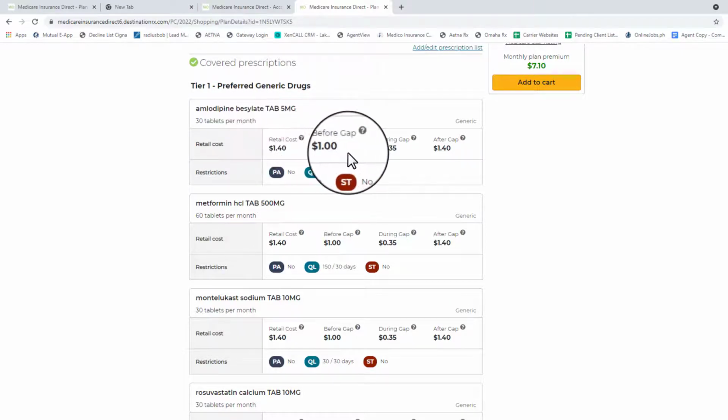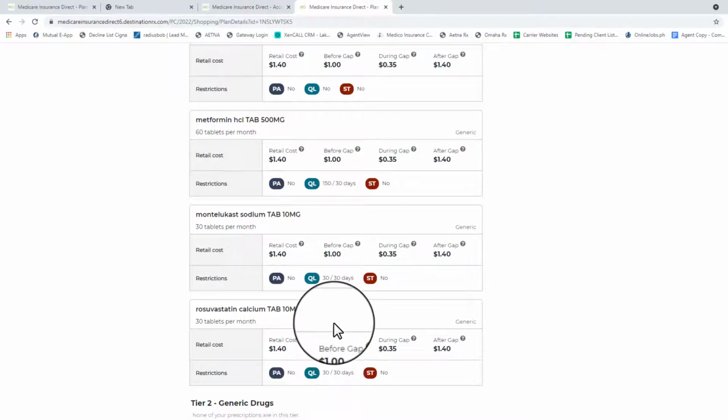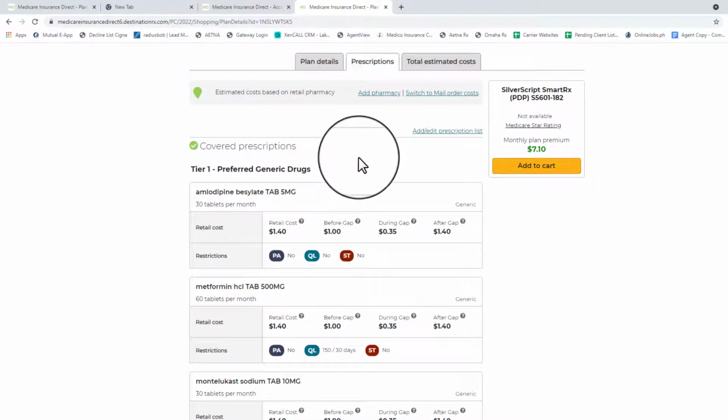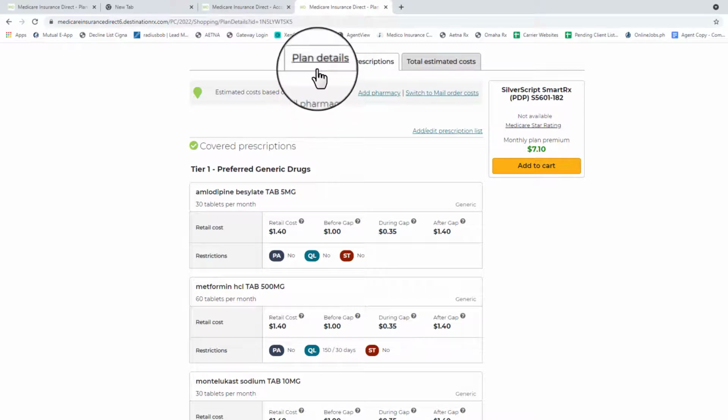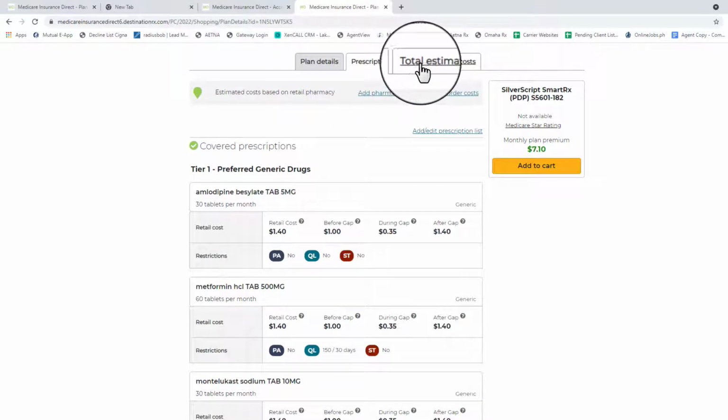So if you're doing a 90-day order, obviously this times 3 would be the cost for your medication on a quarterly basis. Now, we're not taking enough medications where it's going to affect the coverage gap or the deductible, and I'm going to come back to that and show you how that would work for some higher end medications in just a second. Before I get to that, I'm going to go over this total estimated cost tab,